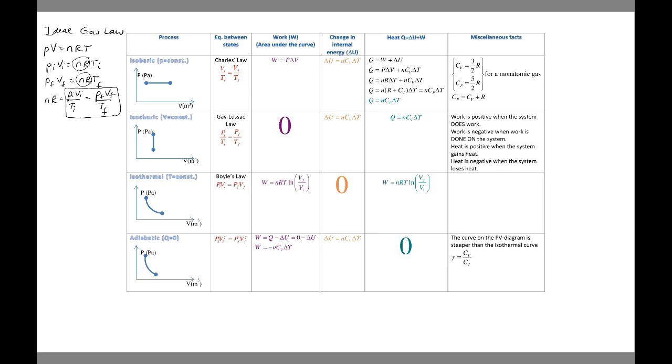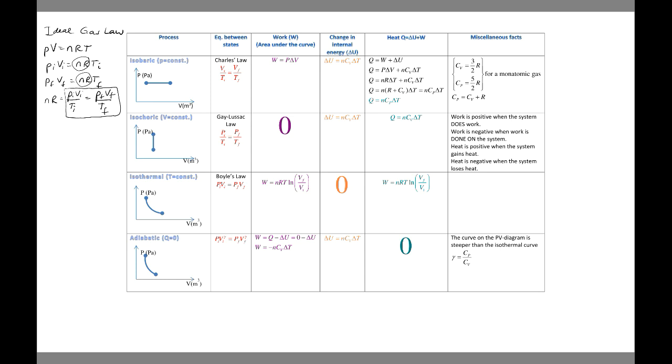So if the system starts in state 1, it has a particular set of pressure, volume, and temperature, and it ends up at state 2 with a particular set of pressure, volume, and temperature. All right, now